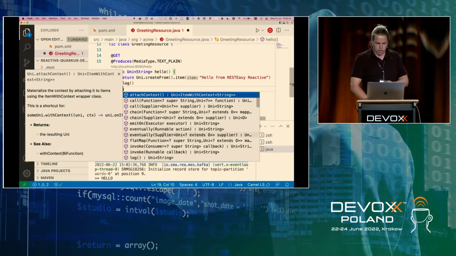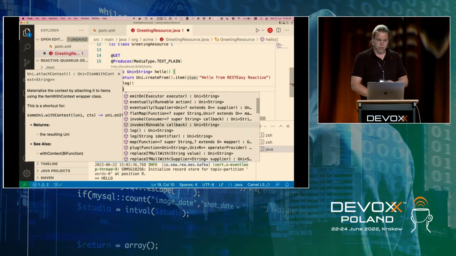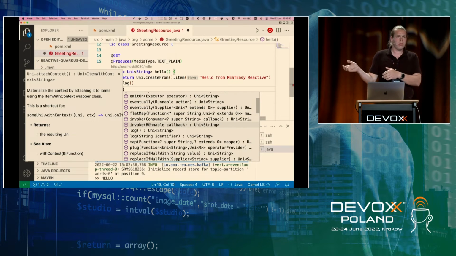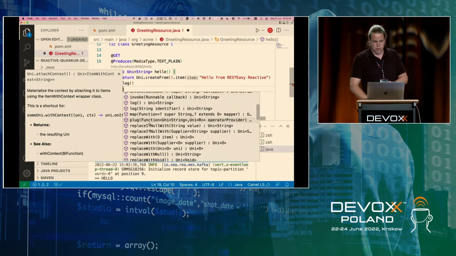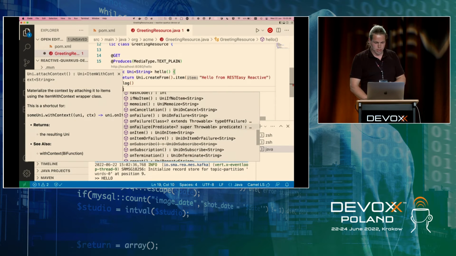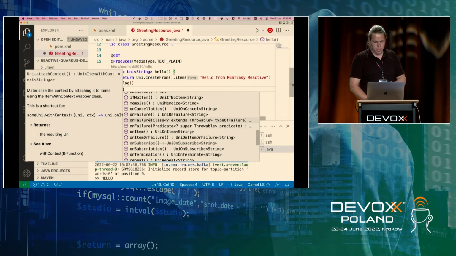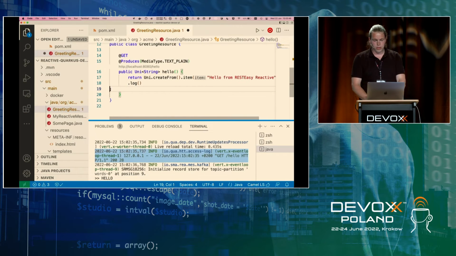What can we do else? We can invoke some other functions. So if we get an element, do something else. So on each element, for example, call an external service in a non-blocking way and combine that result. We can replace them. There's a whole bunch of stuff. We can say on failure, so define what should happen if this fails. But instead of doing it that way, we still have the option to deal with exceptions.